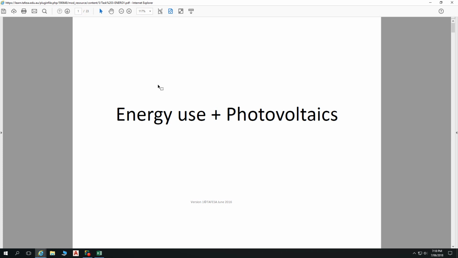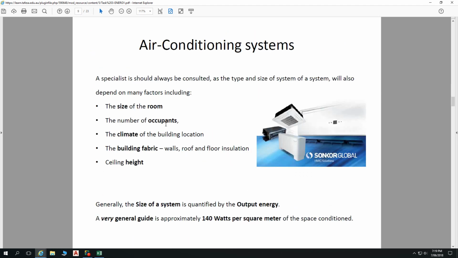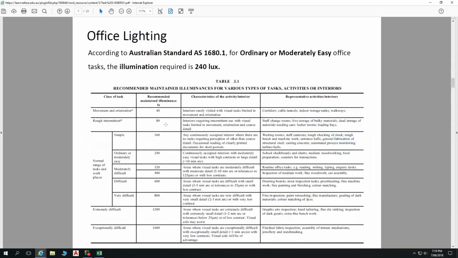And detail that at the desktop. Yeah, at the desktop. What do you mean by that one? Oh, so that was within our table from the excerpt from the Australian Standard, we have our recommended